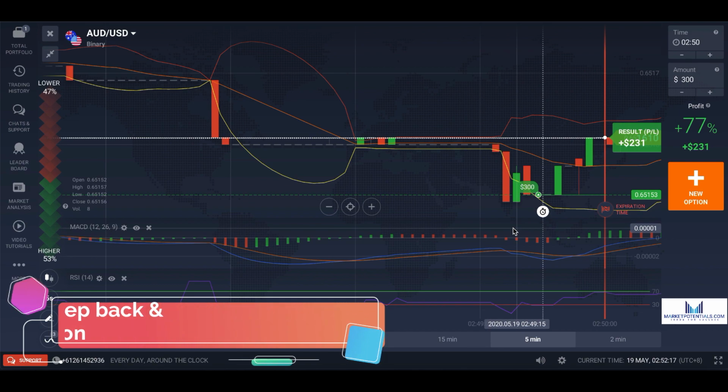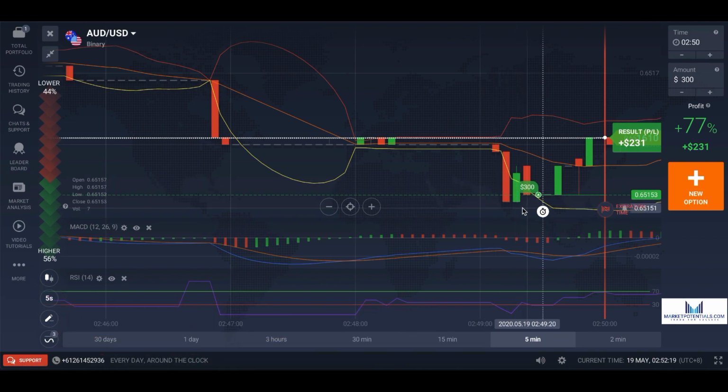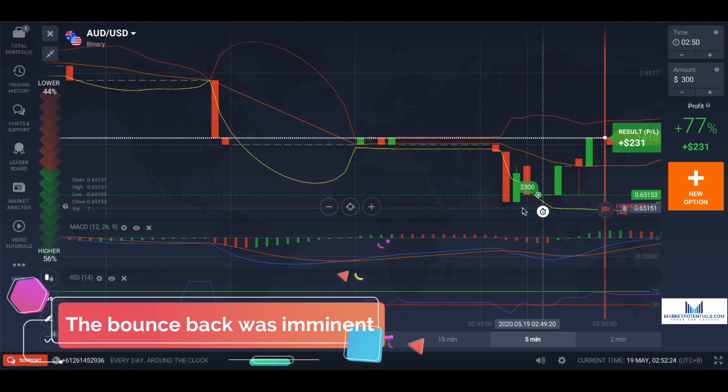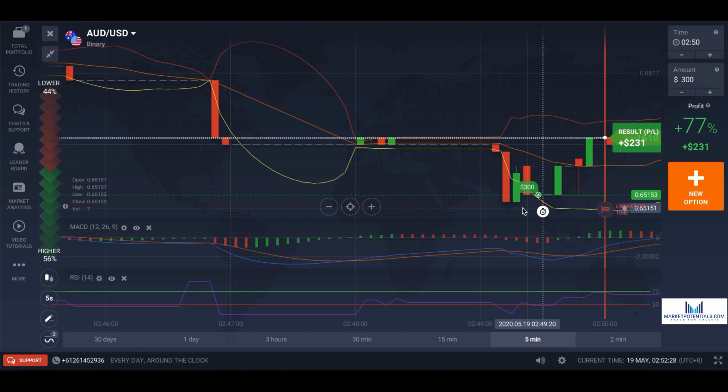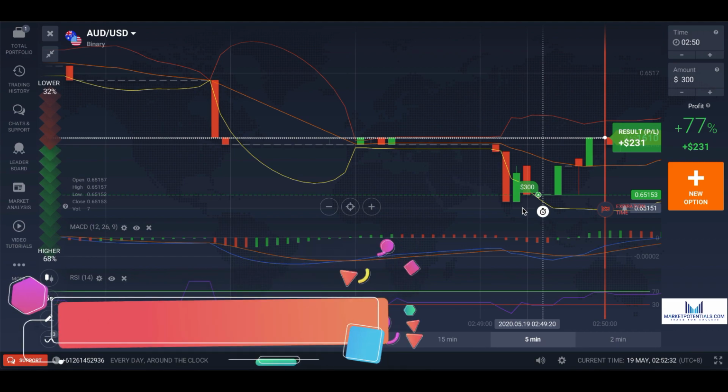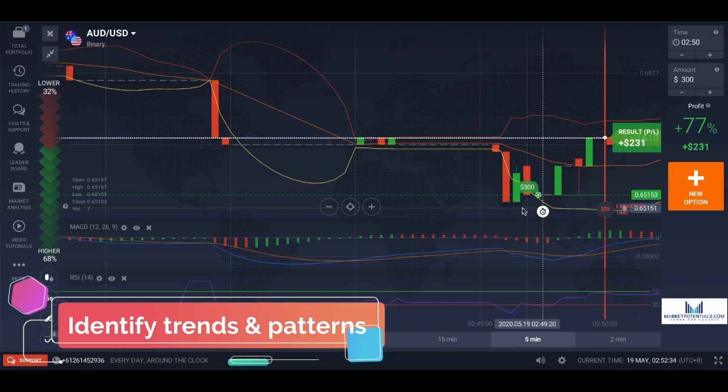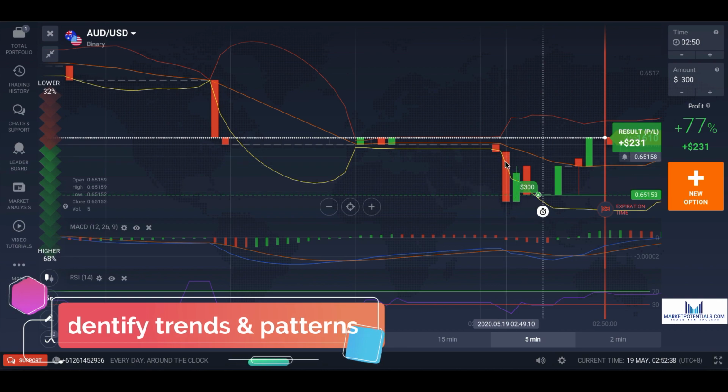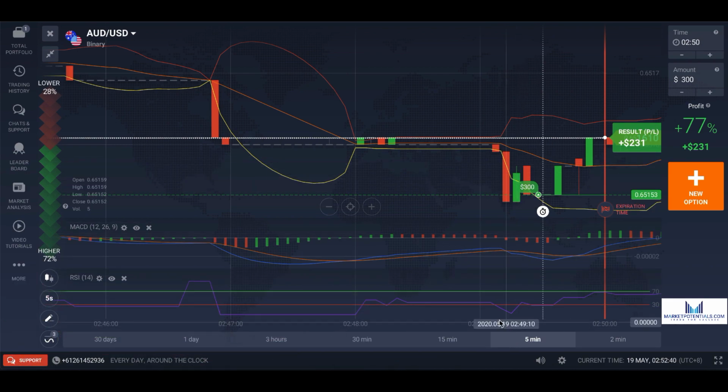Then it just confirmed the fact that it is going to bounce back again, which is why I went in again and I selected higher. So all I'm trying to do is analyze trends and patterns, identify patterns, and make my trading decisions based on that. Now with this drop here, again, it's a rather significant one, and you also saw that it's also